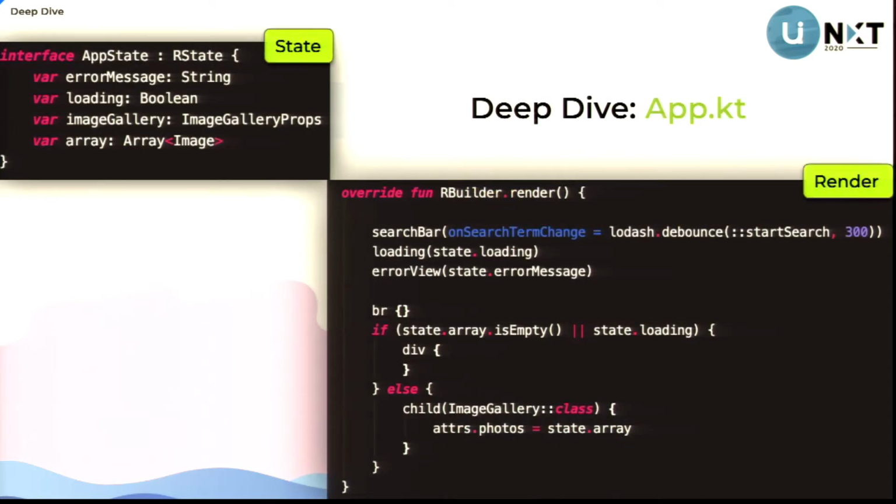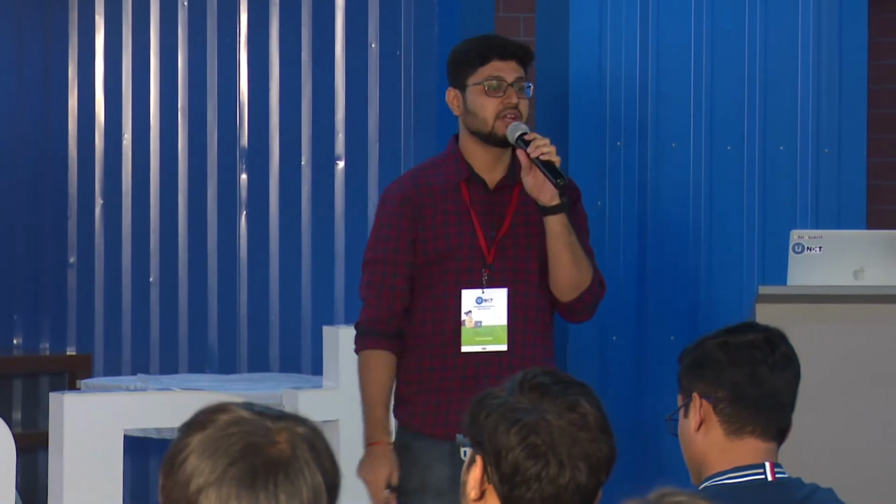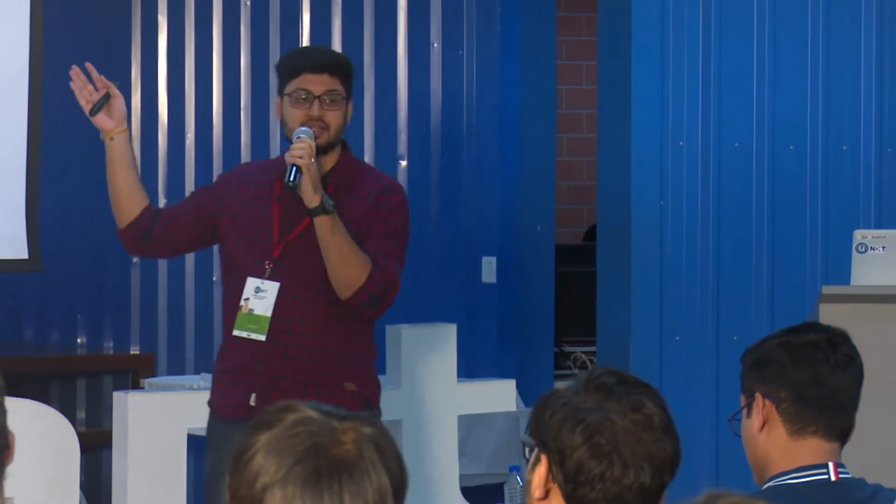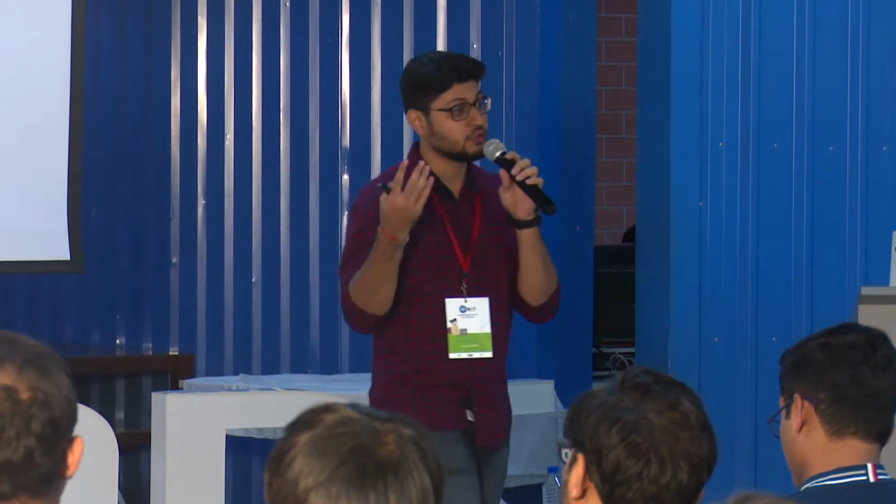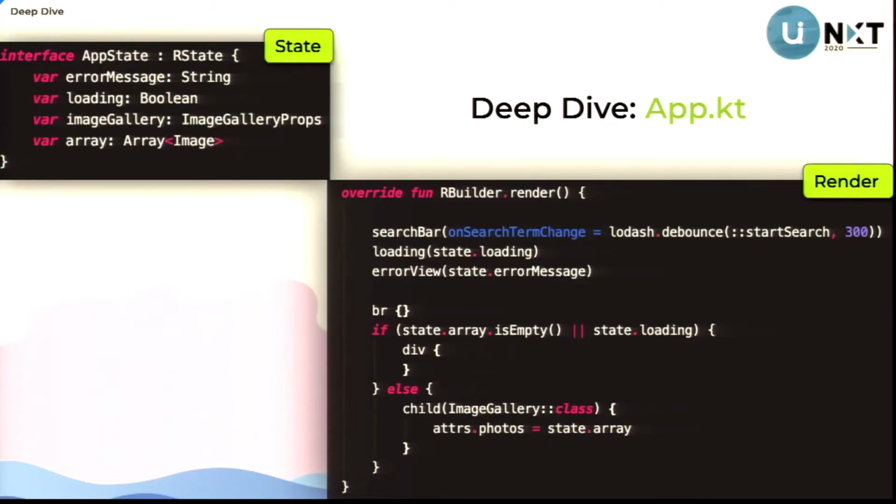Okay, so here's the distinct functionalities I was talking about, right? 4 parts. Remember the 4 parts: state and render. So we went another level down, from main.kt to now app.kt. And app.kt is telling you about the state that it holds. And then it's telling you about render. So render is a method which is part of overridden functions, and state is basically the unique properties of a class that we talked about.